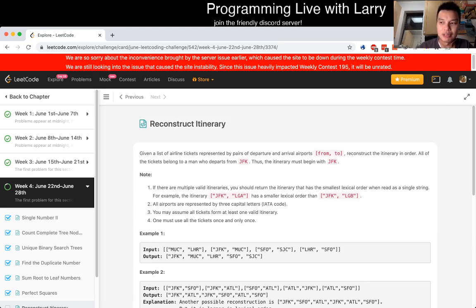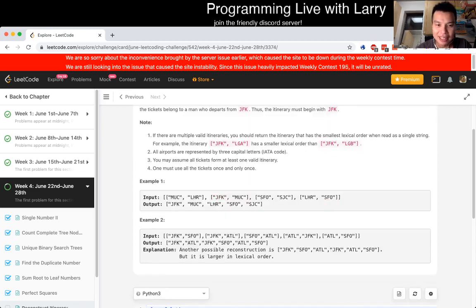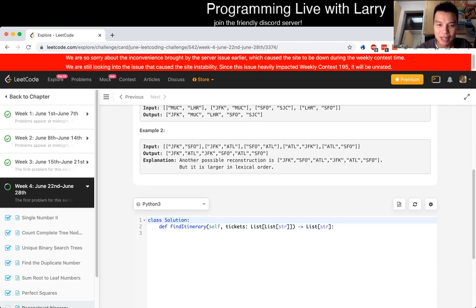Otherwise, you don't take that path yet, right? And what I mean by that is, for example, if you have a case like maybe there's another thing that goes to SFO and then goes to JFK, right? Like maybe it's this input, but there's another path from SFO to JFK. Then you would have to do the JFK last, because otherwise you would not be able to go to Atlanta because there's no other way to go to